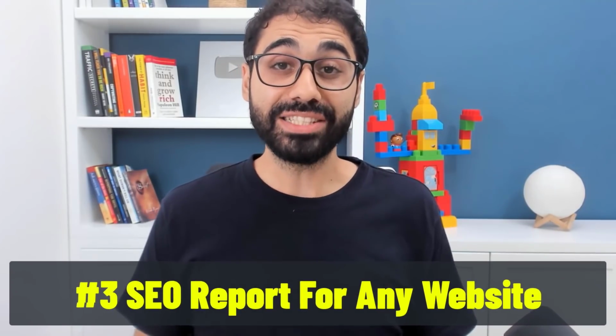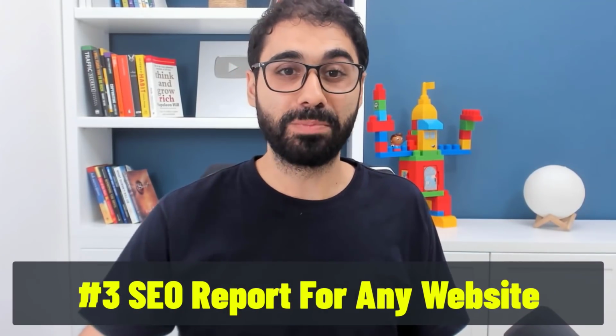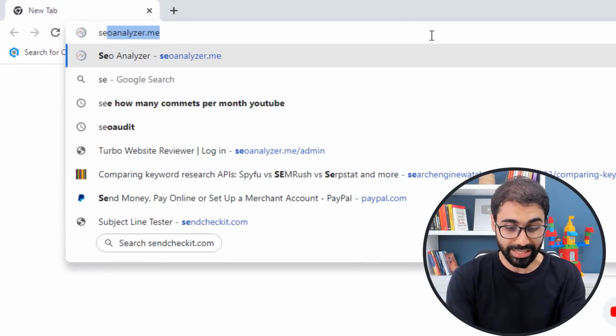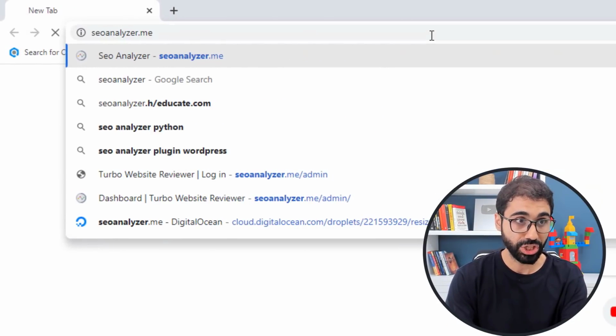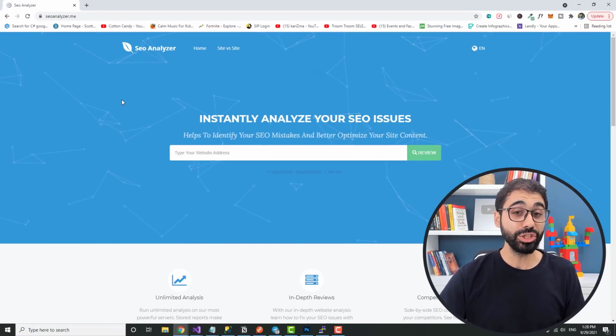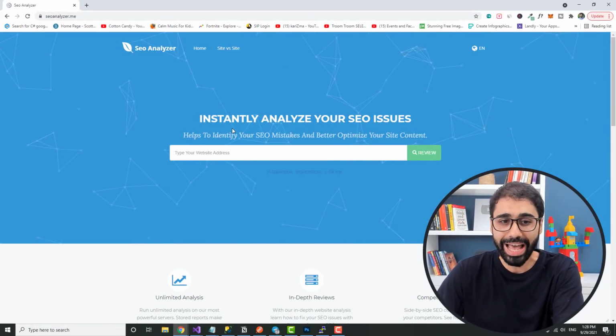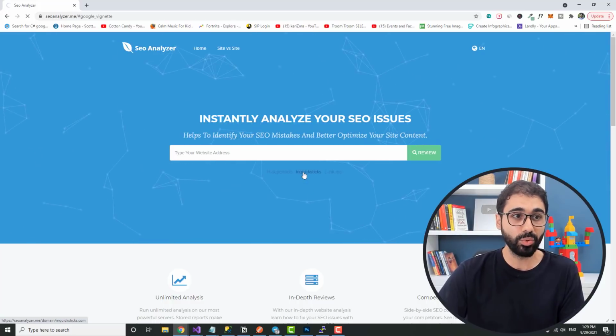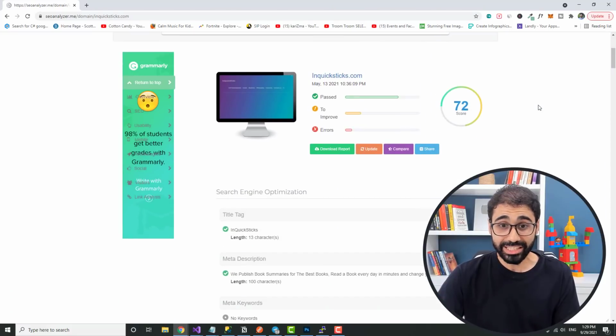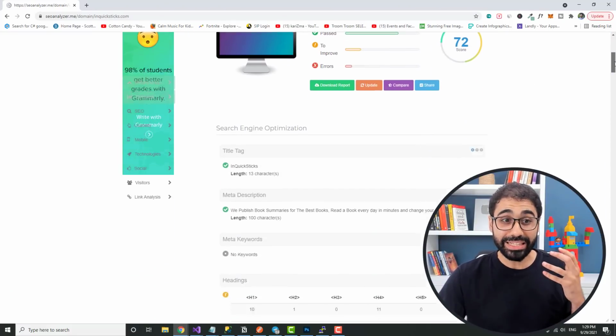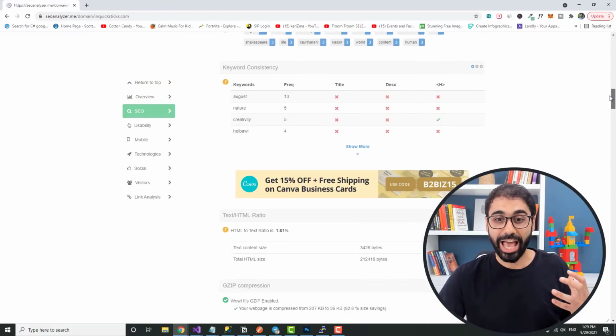Skill number 3, generate a free SEO report for any website. Open your browser, go to seoanalyzer.me, and you will see my free analyzer. Go here and enter any website you want. Let's say inquicksticks.com, and you can see it will give you the score, and you can see in detail everything